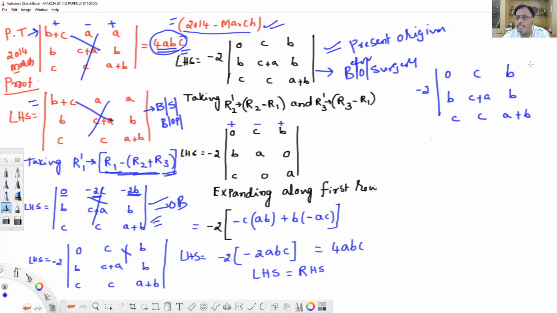Don't get tempted by the equal elements. Immediately looking here, see here, C, C. Students will think C1 minus C2. Here you see B, here B. They think we'll go for C1 minus C3. No. Sometimes after making some body parts weak, even then the enemy will be very strong.